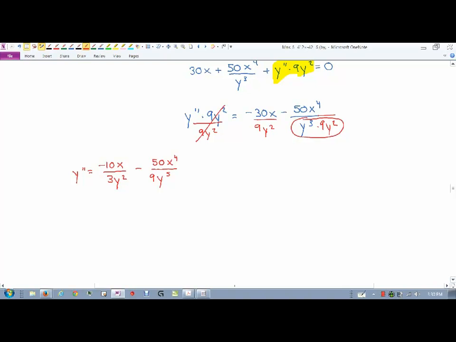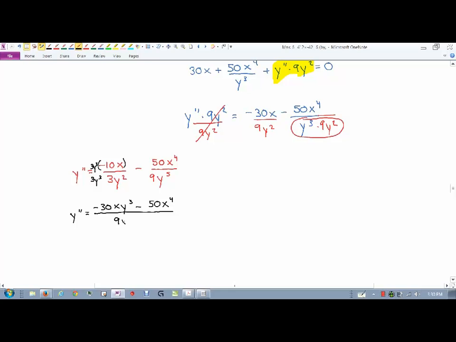All right, so again, what I'm going to do is get a common denominator. So what I need to do is introduce a 3y cubed here and a 3y cubed there. I'm going to multiply. So we get y double prime equals negative 30xy cubed, and then minus 50x to the 4th over